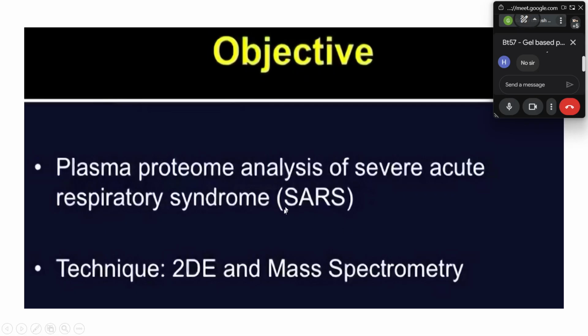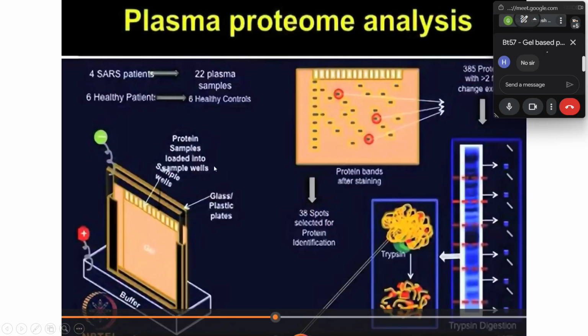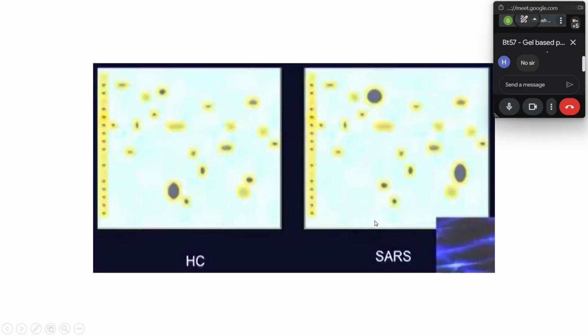Similarly, SARS analysis was done in one of the studies. So this is how the SARS virus looks. It has phosphoprotein, glycoprotein, spike proteins, etc. When they tried to study healthy patients versus SARS patients, they did the whole protocol of two-dimensional gel electrophoresis, and they found that a few of the proteins were upregulated in healthy controls, whereas a few were upregulated or down in